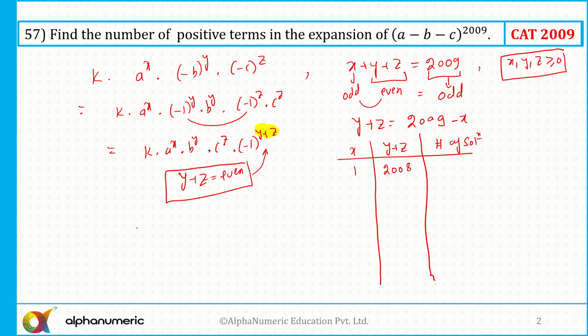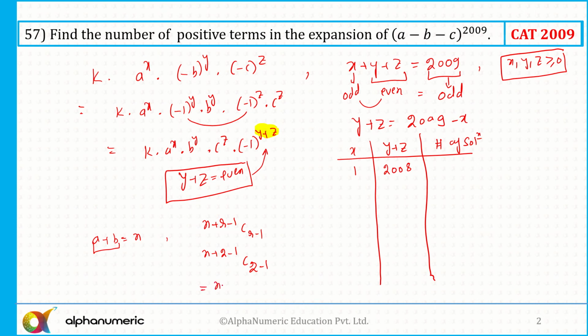So the sum of two numbers is 2008, and we know that if a plus b is equal to n, let's say a plus b is equal to n, what is the formula? The number of non-negative integral solutions for r variables is n plus r minus 1 C r minus 1, or you can use the method of partition also. So here the total number of variables is always equal to 2. So I can say this is n plus 2 minus 1 C 2 minus 1. So it will be simply n plus 2 minus 1 C 2 minus 1, and I can say this will be equal to how, what?